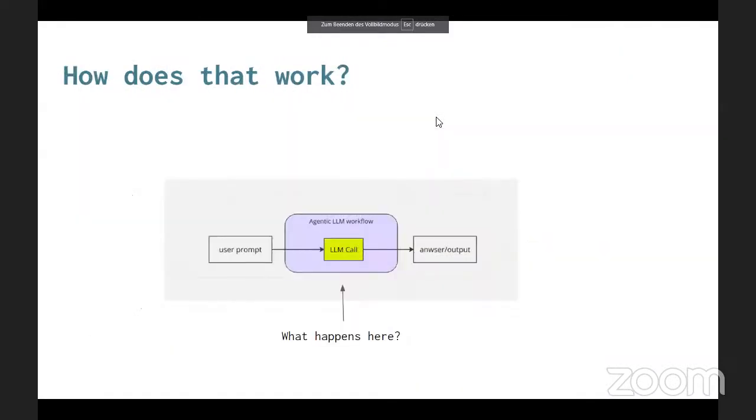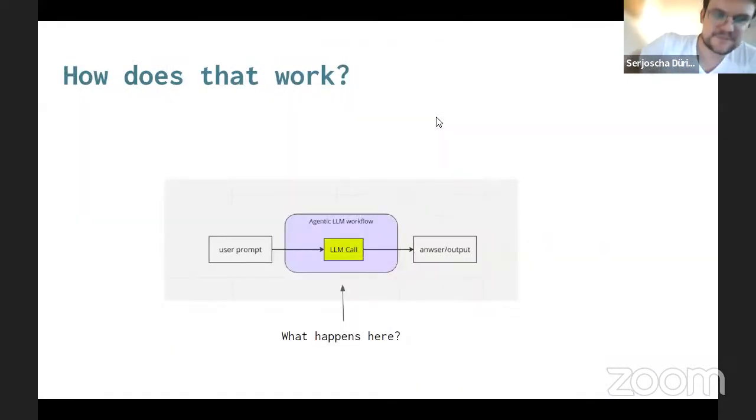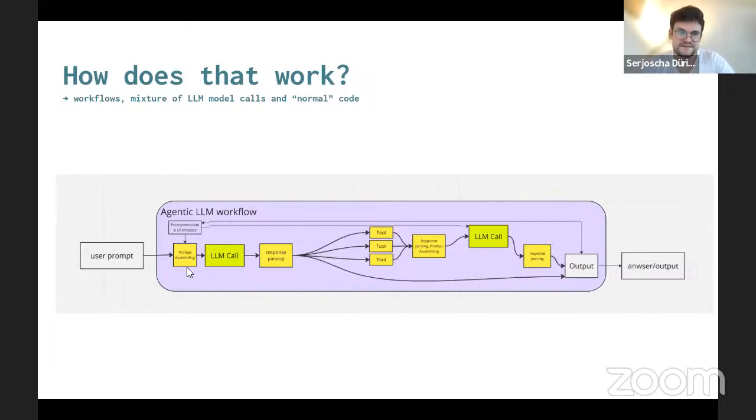Okay. Yeah. So, how does it actually happen? I think often people think about these large language models as one giant black box. For instance, you tell it to generate me an image, and then it can do that as well. That's not actually what's happening. In fact, it's more like you have small black boxes, the large language models, and they're embedded in a whole workflow of traditional code logic, Python scripts or other languages, of course, where they work together, right? And this is one example.